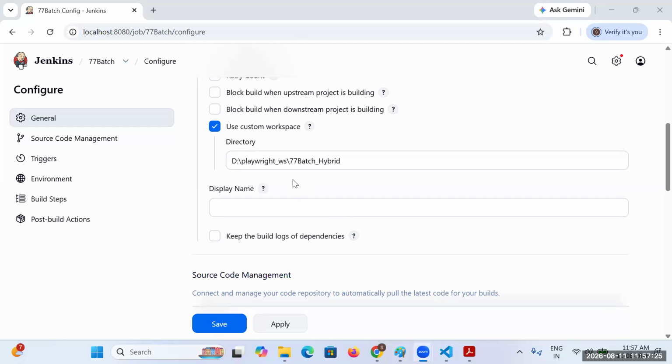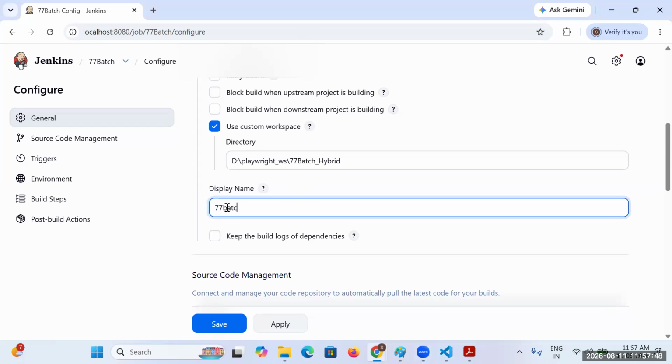Okay. So what I'm explaining is that for Jenkins, we have to inform where exactly our automation scripts are available. We need to provide that path. After that, the display name we can provide as anything here.